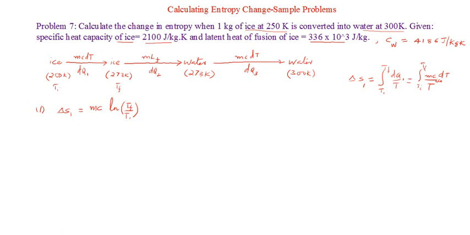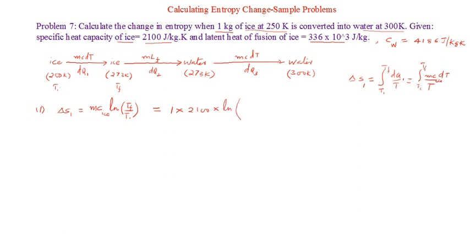So here c should be c of ice. Be careful when you are given multiple data, which you can substitute and get it. What is that? It's equal to mass, which is 1 kilogram, so it's quite easy. So it's 1 into, I'm not writing the units because all are in SI units, 1 into c of ice. What is c of ice given? 2100 joule per kilogram Kelvin, which is also SI unit, no worries, into the natural logarithm of